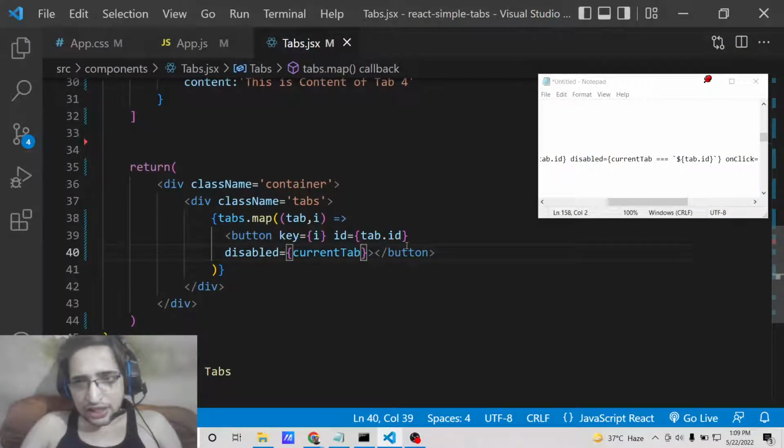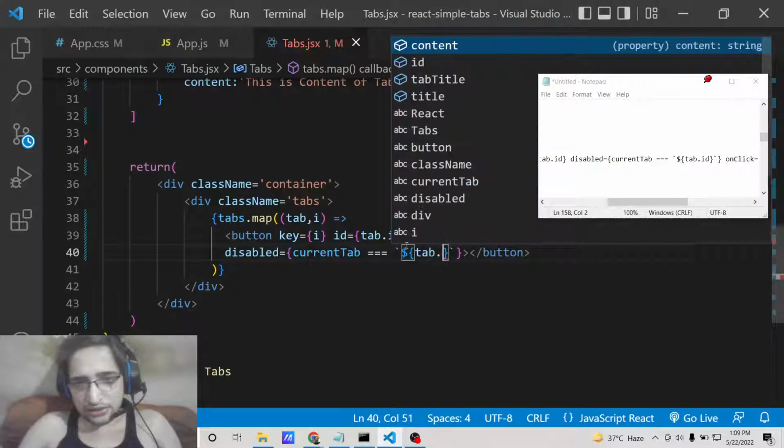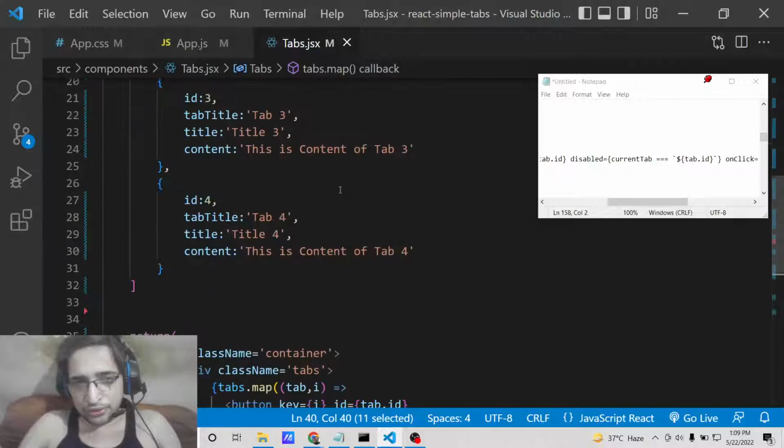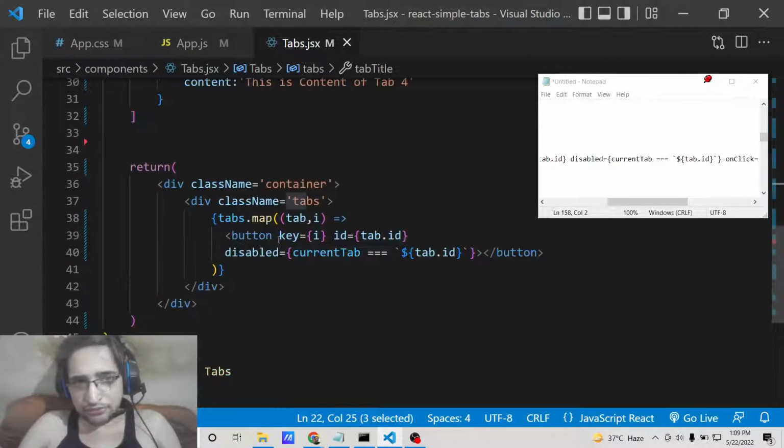If the current tab is equal to, we will compare it like this dynamically. Basically it is saying that it will disable whatever tab is clicked. If you click the third tab, that tab will be disabled, and it will have a different CSS class. It is just comparing the current tab